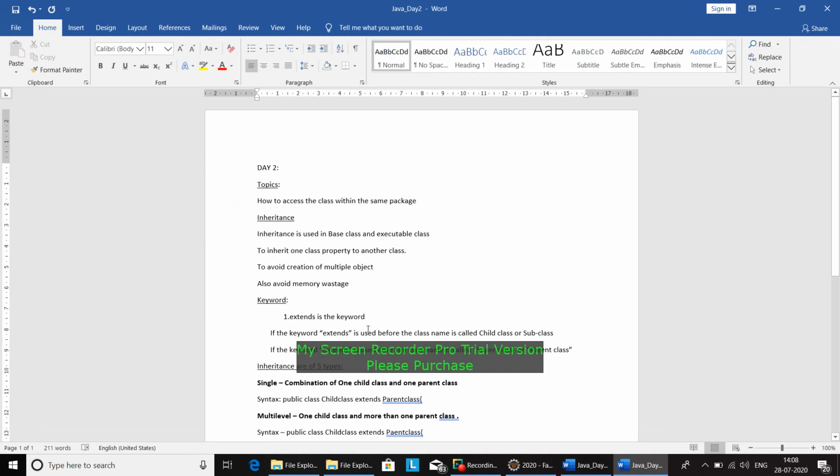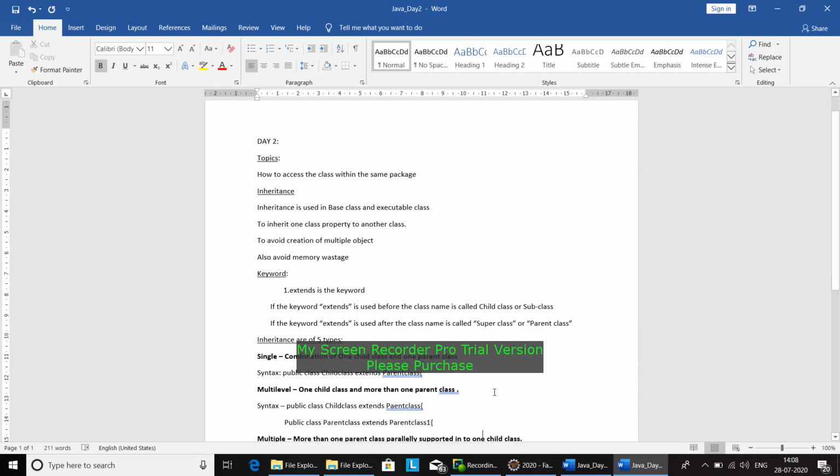And there's a keyword for inheriting. What is the keyword? Extends. Extends is the keyword for inheritance. If the keyword extends is used before the class name, it is called the child class. If the class name comes after the keyword extends, it is called the superclass or parent class.